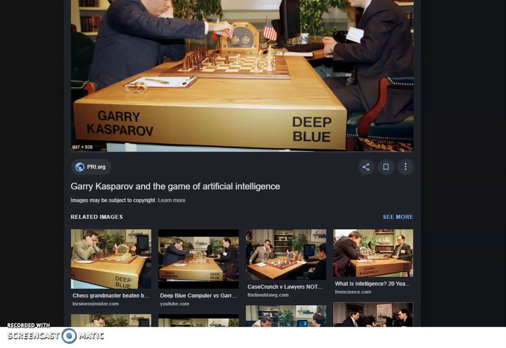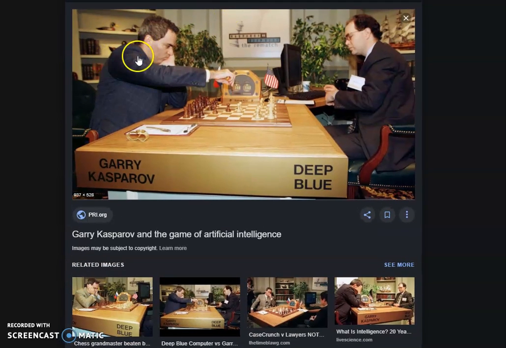See, in this photo you can see that this is Garry Kasparov. He used to be the Grand Master of Chess, the world champion of chess. And this computer that you can see is called Deep Blue. Garry Kasparov is playing chess himself, and the Deep Blue computer is responding to his moves. But in this photo also, you can see that the computer cannot move the chess pieces by itself. Even though it is thinking, it needs a human being to press the command. The computer will tell the human being to press this key or that key, and then the human being will